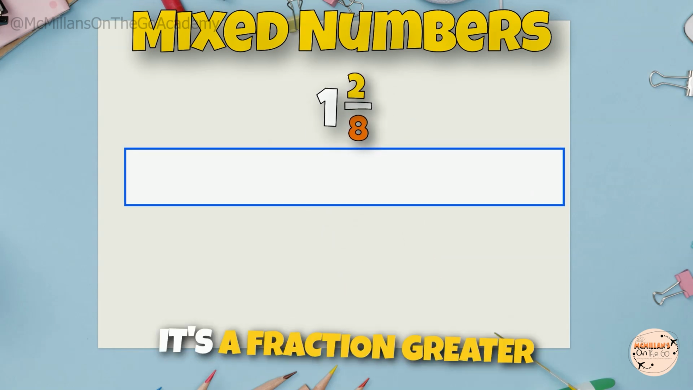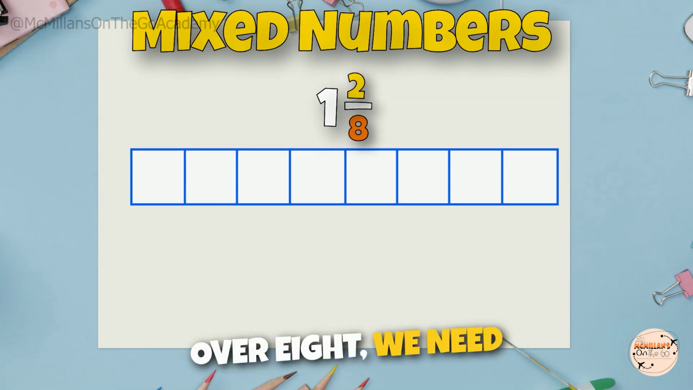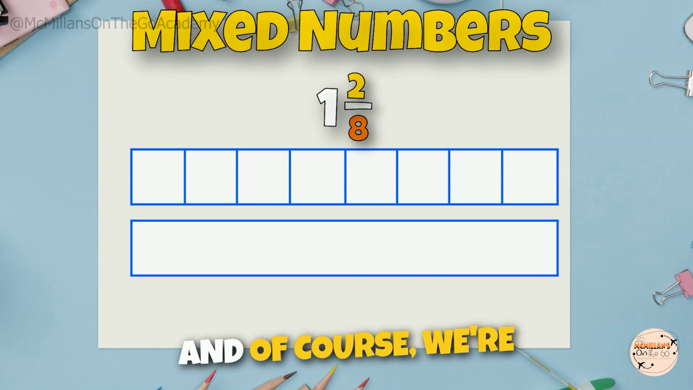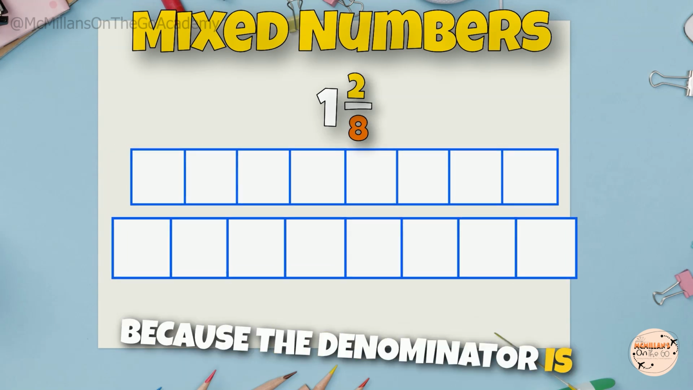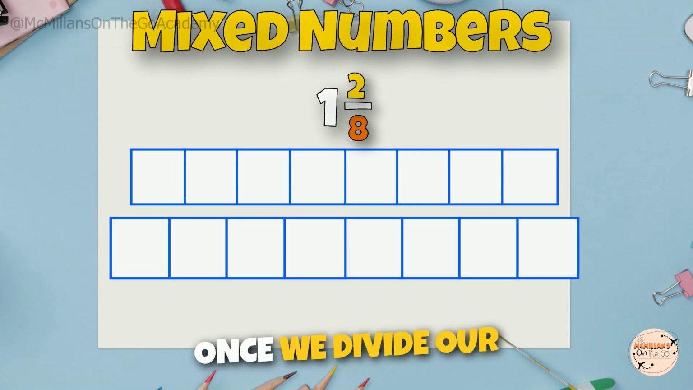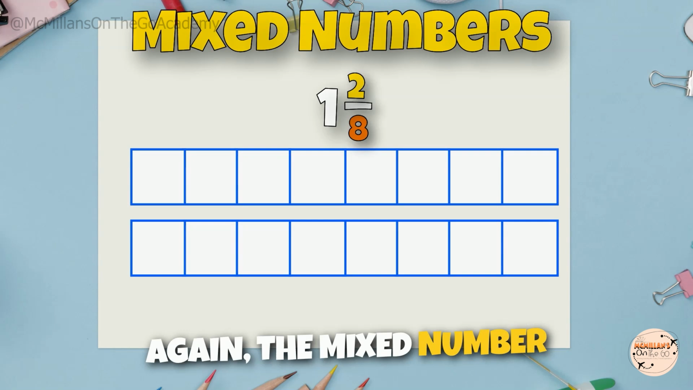But because we know it's a fraction greater than 1, because we have 1 and 2 over 8, we need to draw two models. And of course, we're going to divide both into 8 equal pieces because the denominator is 8. Once we divide our model into 8 equal pieces, we see that again, the mixed number is 1 and